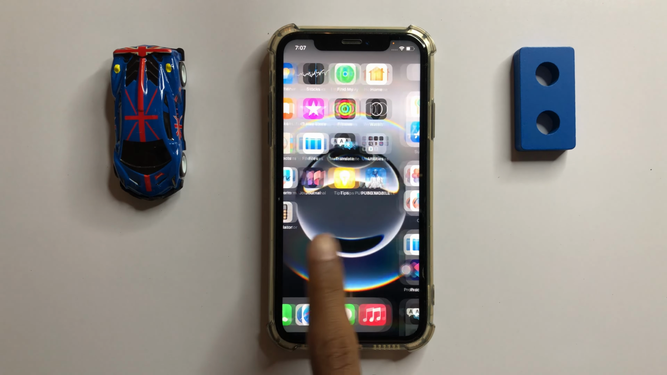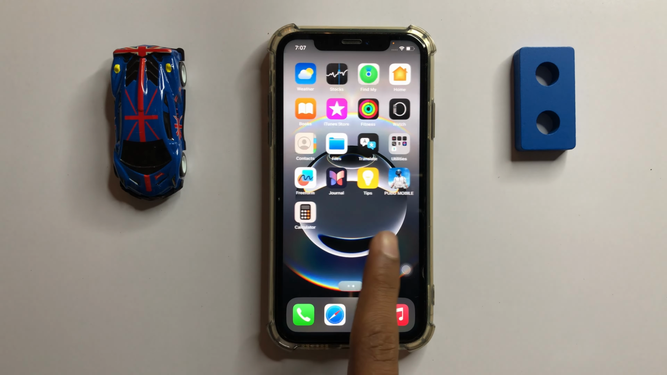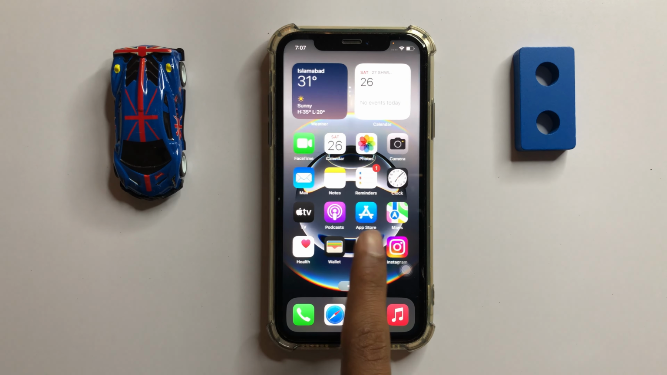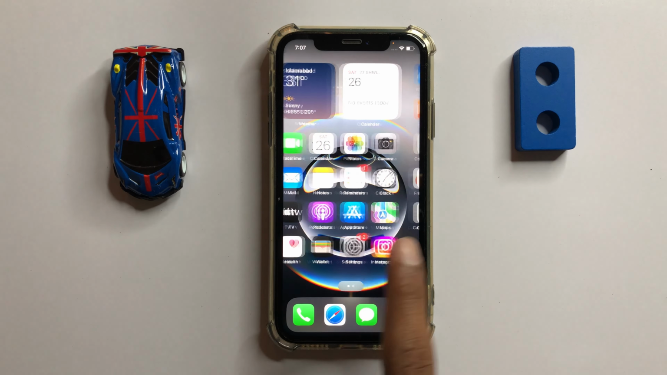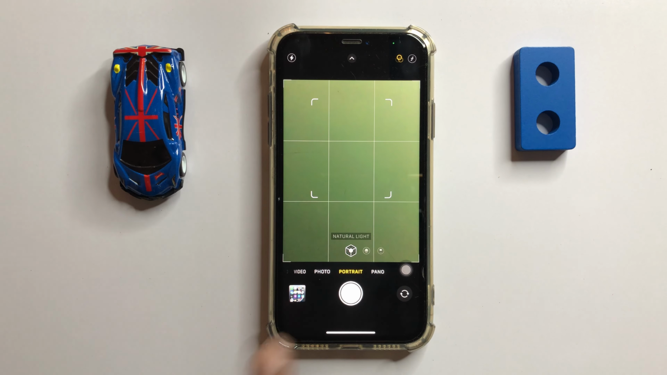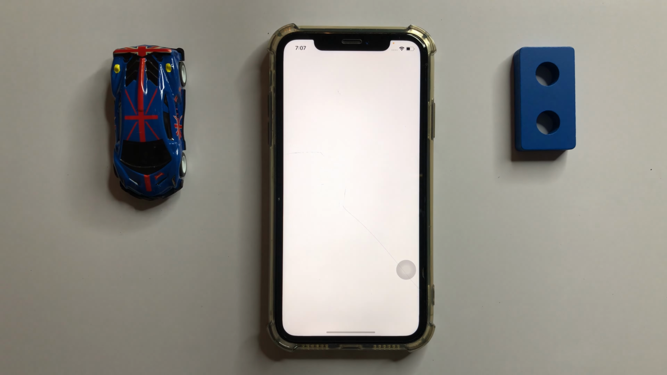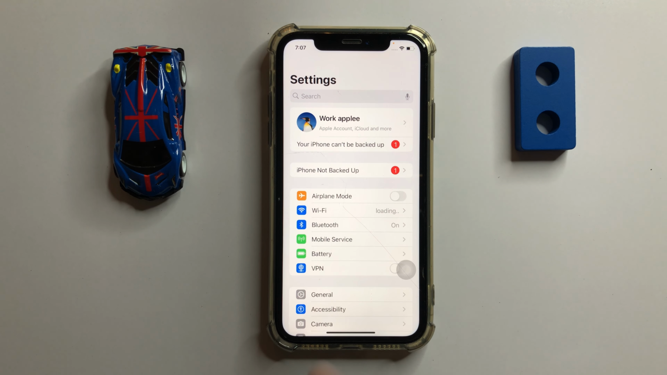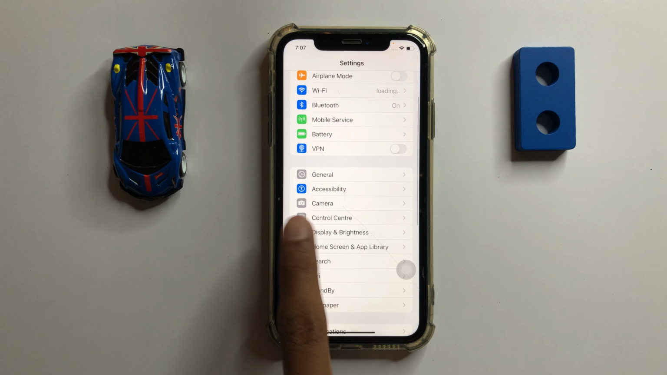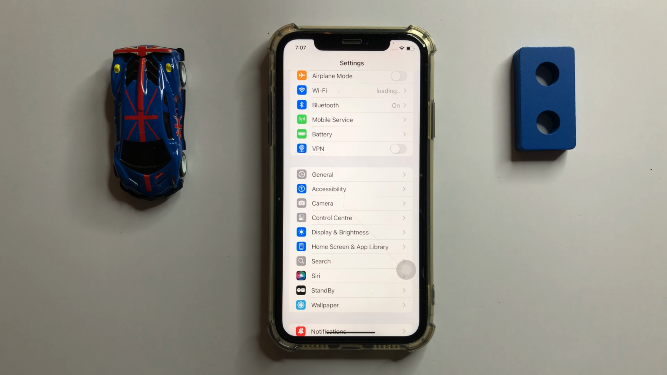First of all, if you want to remove lines from iPhone camera, then firstly open camera, and if you want to remove these lines, then simply go back to your home screen and open settings. In settings, scroll down and here you can see the option camera. Now click on camera,